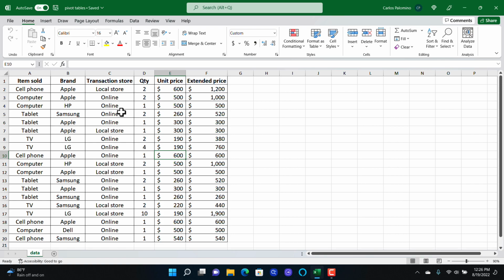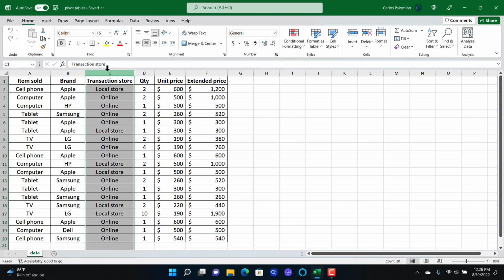The very first thing you must make sure of before creating a pivot table is that all the columns have headers, and you must have a clear understanding of what kind of information is contained in each column. This table uses the following columns. Item sold is the description of the product sold. Brand is the brand associated with the product sold.